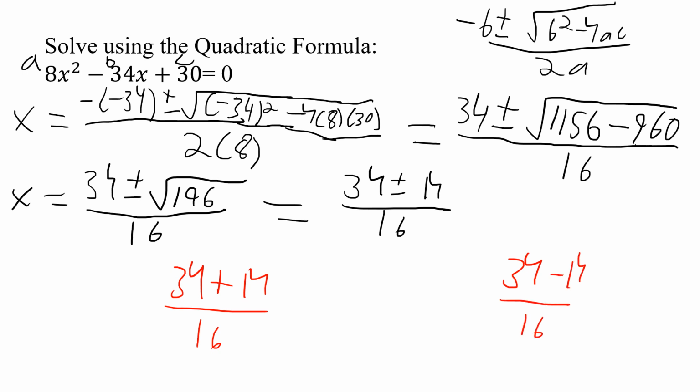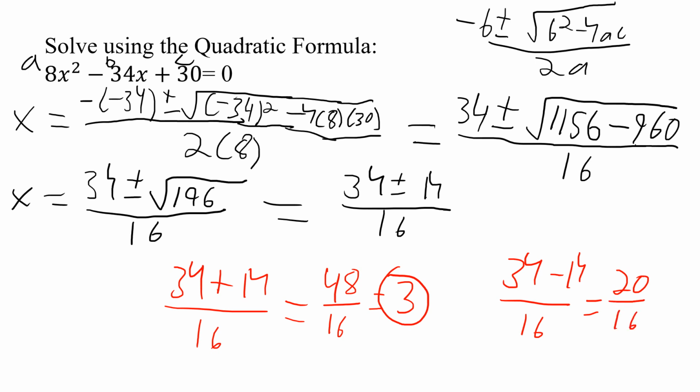So 34 plus 14, that's going to give me 48. So we have 48 over 16, that's going to give me 3. While over here we have 34 minus 14. Well, 34 minus 14 is just going to be 20. 20 over 16,